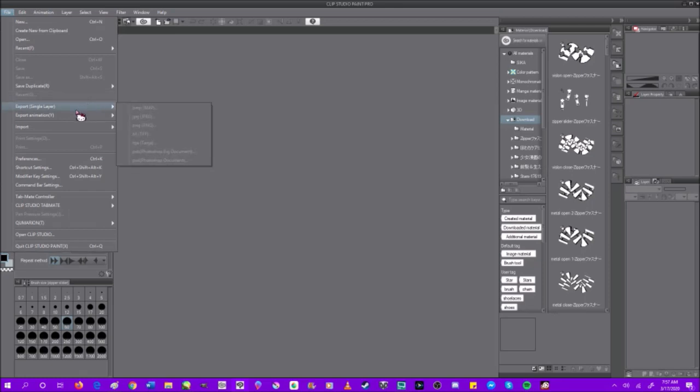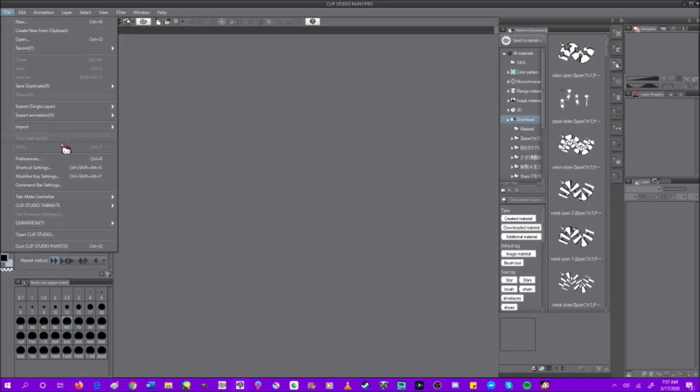Export to a single layer, which means all your layers will be gone and it will just be one whole entire layer. Well, they won't be gone, they'll all be compressed to one layer. Export animation, this is if you're making an animation. Unlike Sai, this is actually capable of working on animation itself. I have made animation with Sai, but in ways of me making individual frames and then just using a movie software to run them through and make them into a file. And I made one GIF in GIMP. Anyway,